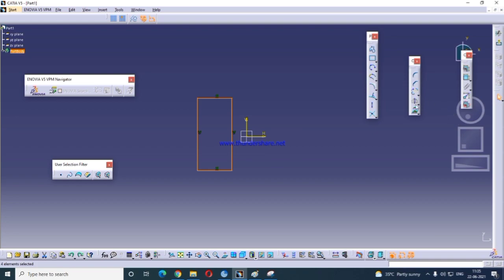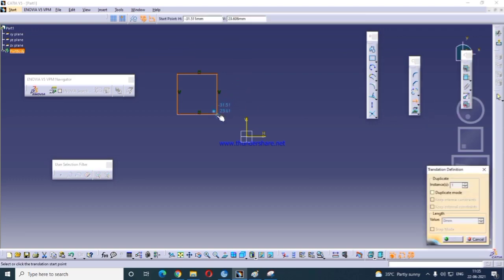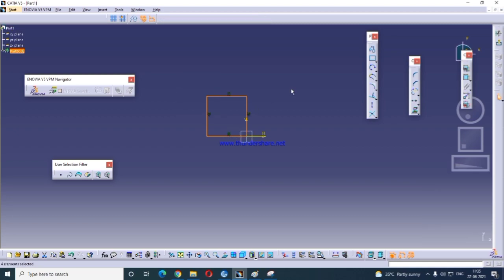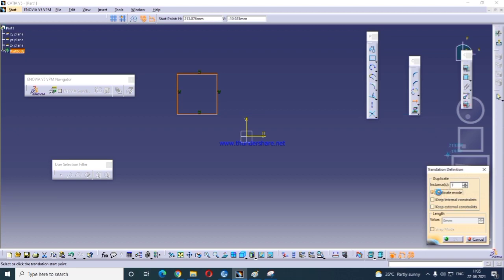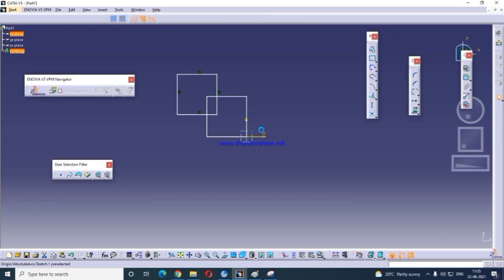Symmetric it will create. Then translate. By selecting all the curves and picking any base point, you transfer the curve to some other point. If you want a duplicate, we make duplicate mode and move from this point to this point.